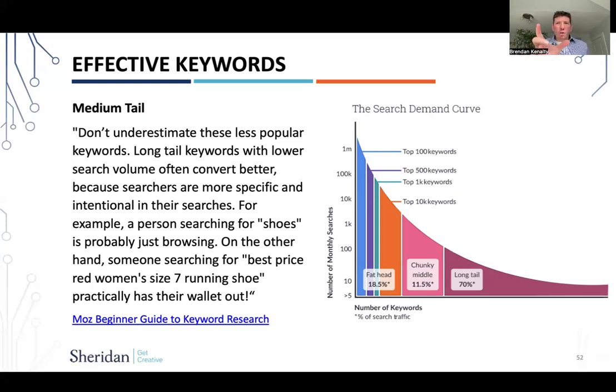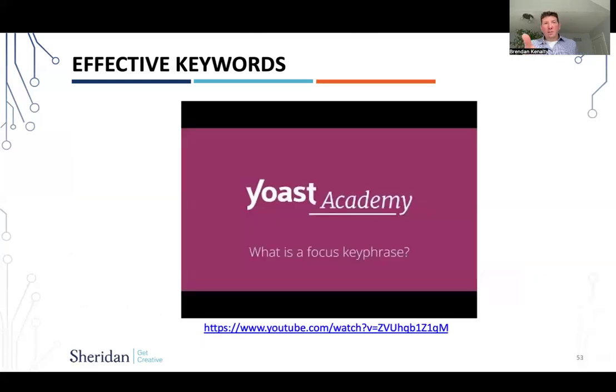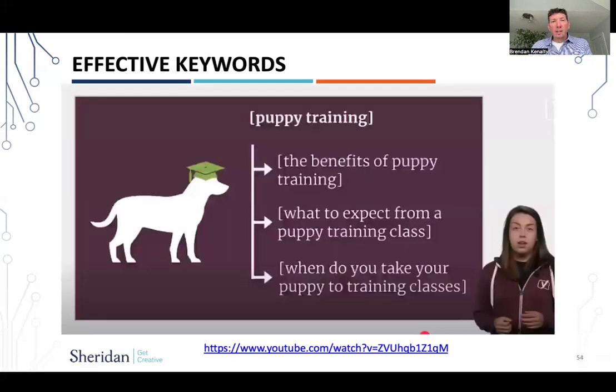Where we've got this search phrase that's the right length. And again, I encourage you to go and watch this. Yoast is an SEO company. There's a tool that we'll be using within the WordPress exercise that will help you do some of the SEO. It actually helps you understand if your site is matching your keywords. It's a pretty cool little tool. But go and watch this video, and it'll give you some background on how to do it. It goes through this puppy training exercise, and this girl is from the video. And it's actually pretty good.